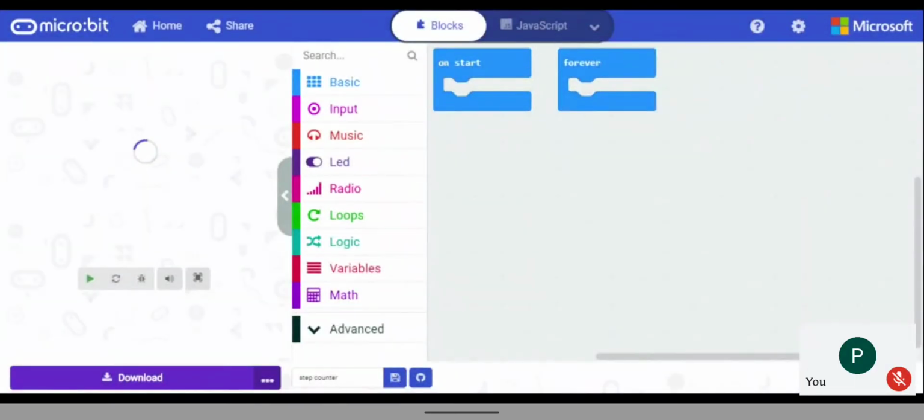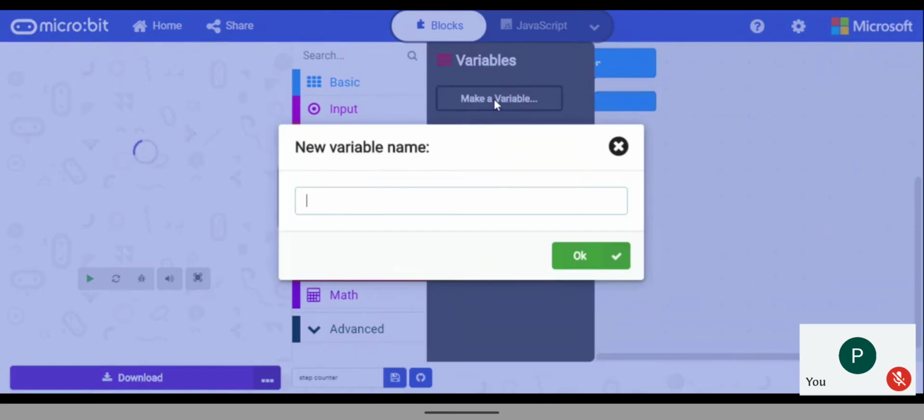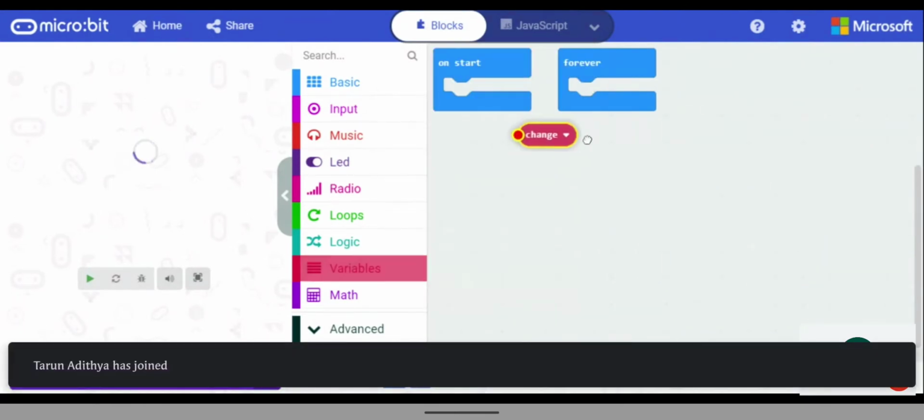So variable means, why do we create some variable? For the step counter, what is the name you used? Step, right? Okay, I'll not use step. I'll use the same change option.